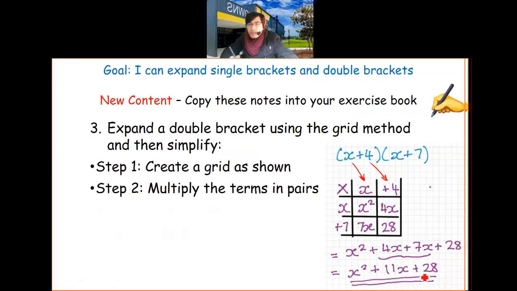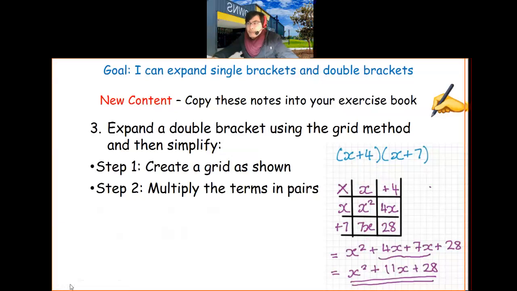Okay, so I'm teaching you two methods here. You may be thinking, which one do I use? Which one do you have to use? Okay, so you can make that decision yourself. For some people, they find the FOIL method easier. For some people like me, I use the grid method because I can visualize everything. So it's up to you which one you want to do. All right. So moving on here, let's try some examples.